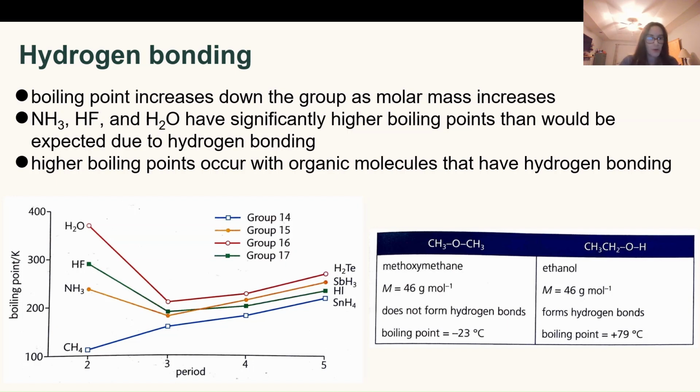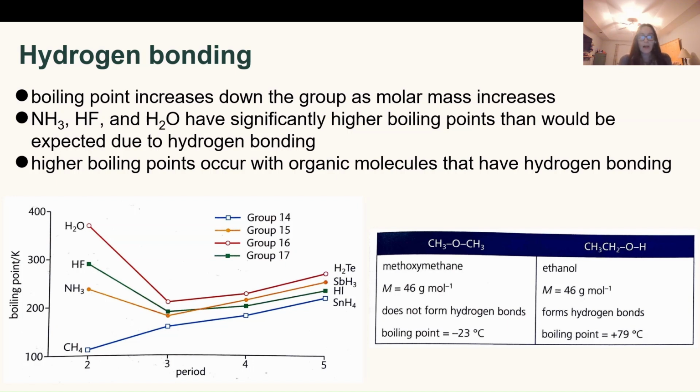Okay, so for example, looking at group 16, group 16 is this red line right here. This is the one that contains oxygen at the top of the group, and then going down the group are different atoms, ending with tellurium down here. If you have hydrogen covalently bonded to group 16 atoms, you might predict that the boiling point would increase going